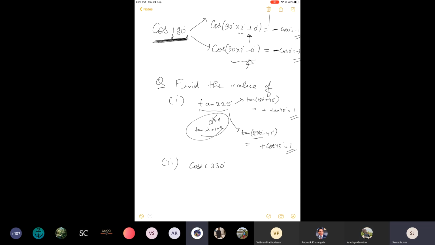So I wrote it as 360 minus 30. Yes, that's correct. So you are going with an even multiple, right? Yes, sir. So it will remain the same, cosec 30. Perfect. And it's in the fourth quadrant, so it's negative. See, it is so simple. Why are you complicating? Fourth quadrant, cosec negative. So it is negative, but cosec 30 will be a positive value only, so you have to put a negative sign here. And cosec 30, everybody knows it's 2, right? So the value will be minus 2. You can solve this by 270 plus 60 also, you'll get the same answer.